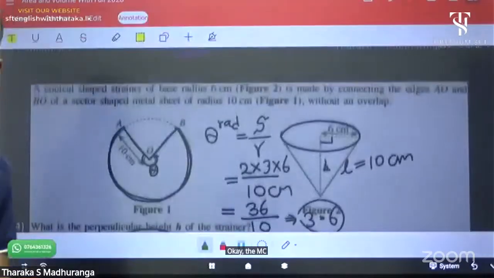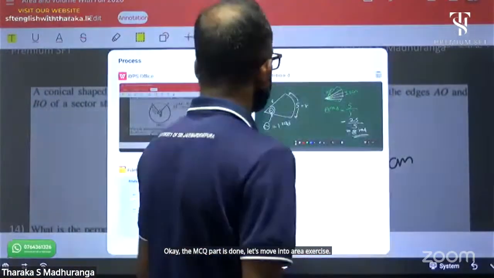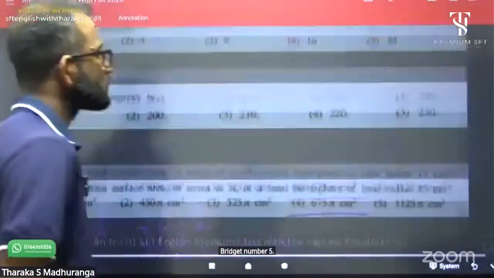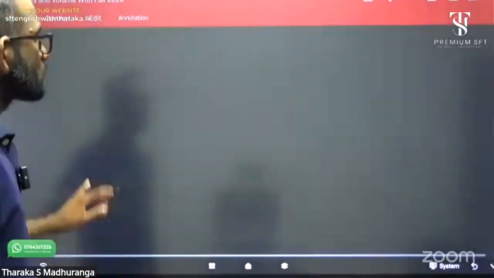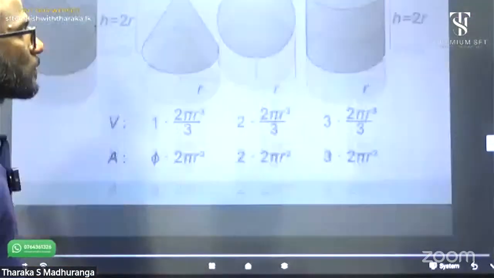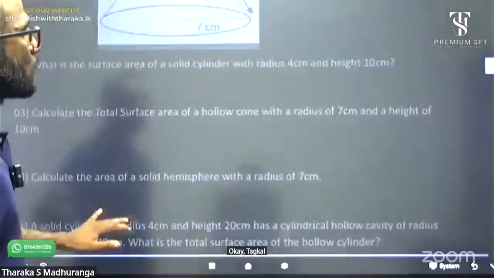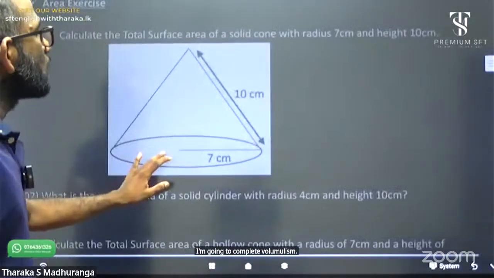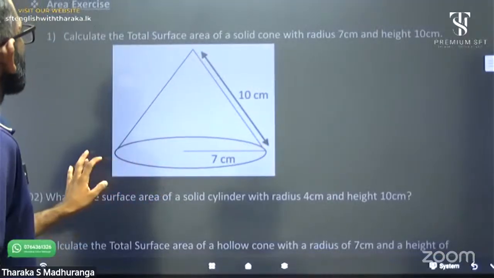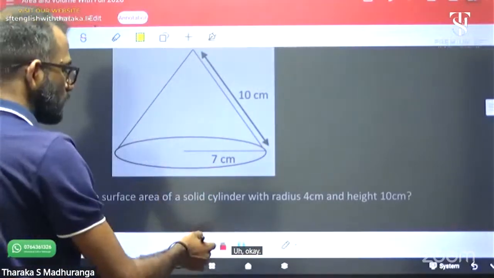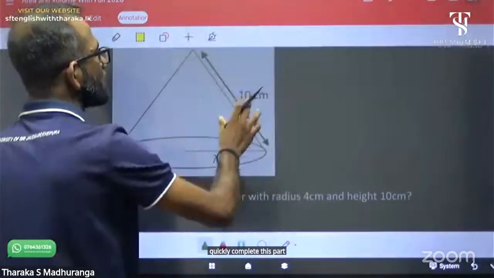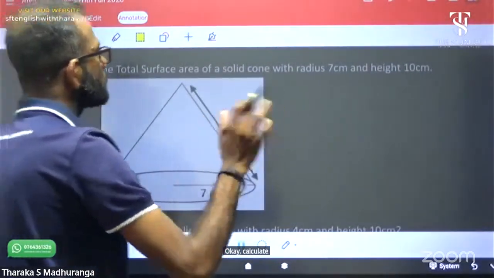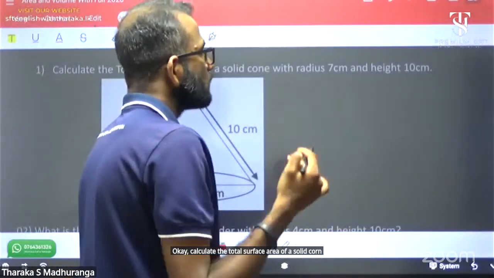Okay, the MCQ part is done. Let's move into the area exercise, page number 5. Because our lesson today is volume, I'm going to complete the volume lesson. Quickly complete this part. Okay, calculate the total surface area of a solid cone with radius 7 centimeter and height